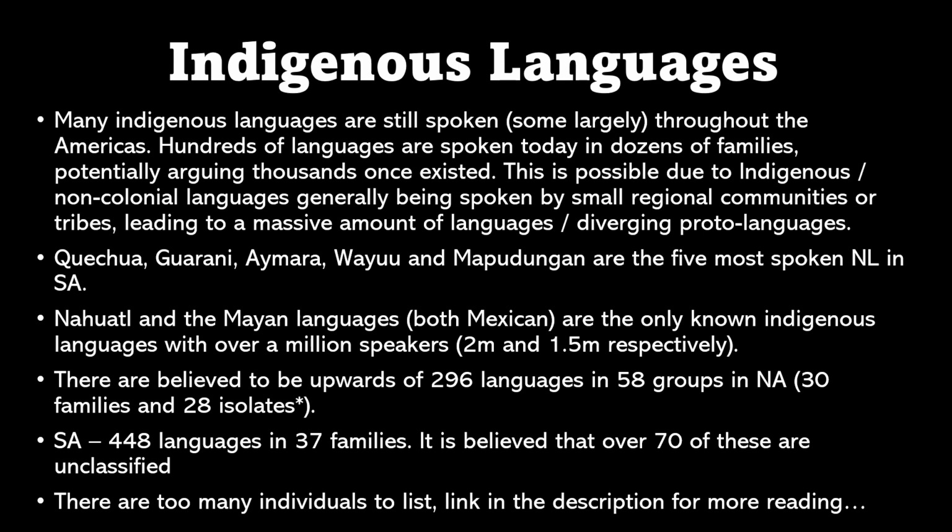Some languages are also isolates by proxy because the other languages in their family have died out. So they do exist, but nobody speaks them anymore. If you look at, I believe, Greek in the Hellenic family, it is the only Hellenic language currently still spoken. I don't know if that's considered an isolate because it does have other known languages, but it's de facto an isolate because all of its other related languages are dead, basically. That might not be linguistically accurate, but that's just kind of how I see it.